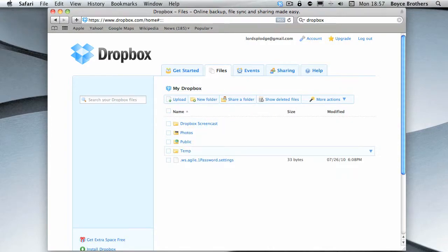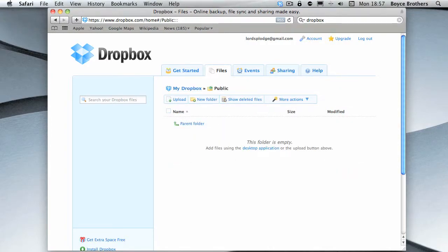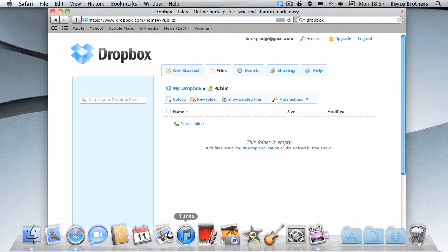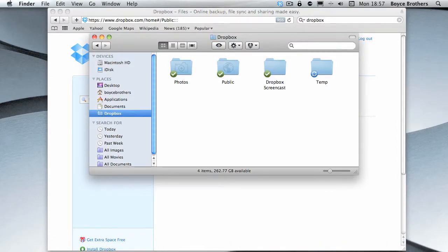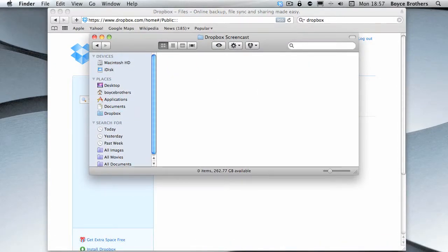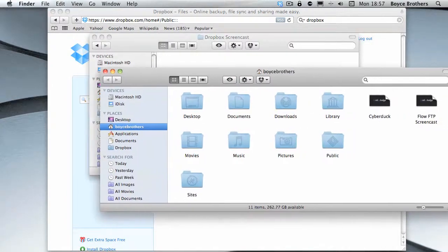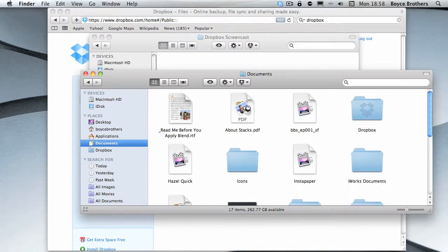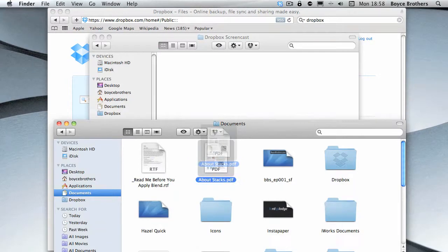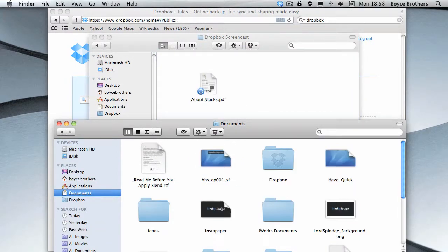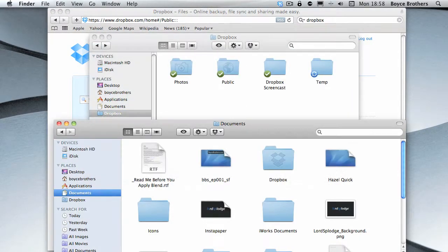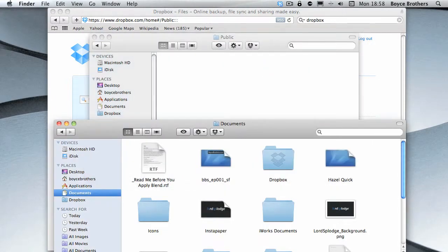Now, one of the best parts of the website is you have a public folder, and inside that public folder you can create a file that you can get a public link to, so you can post to somebody. So we'll go back to our Dropbox screencast folder and we'll find a document, so this PDF, and we'll put it in there. And what we'll also do is we'll go to the public folder and we'll put this PNG in there,